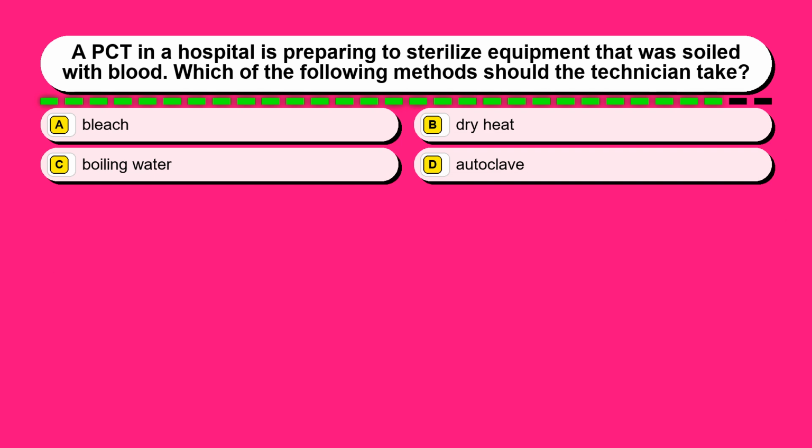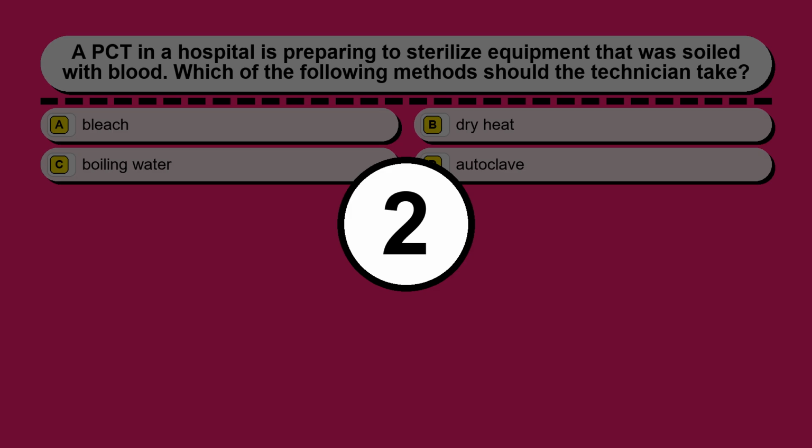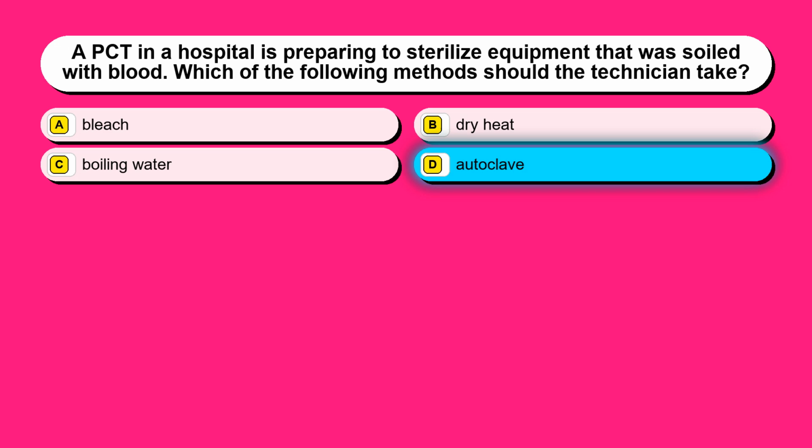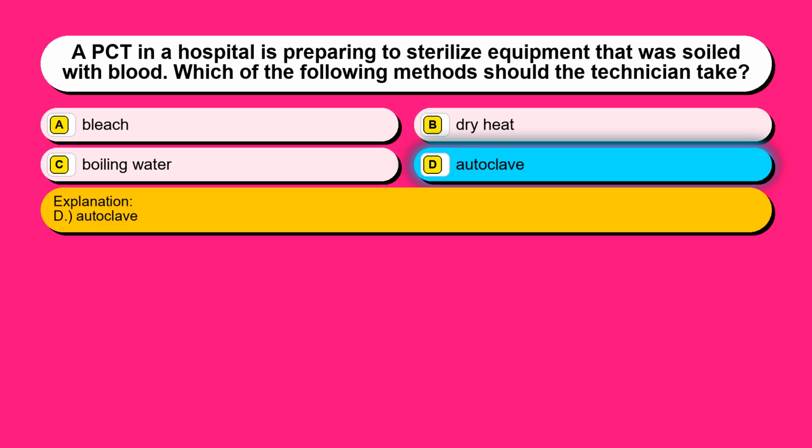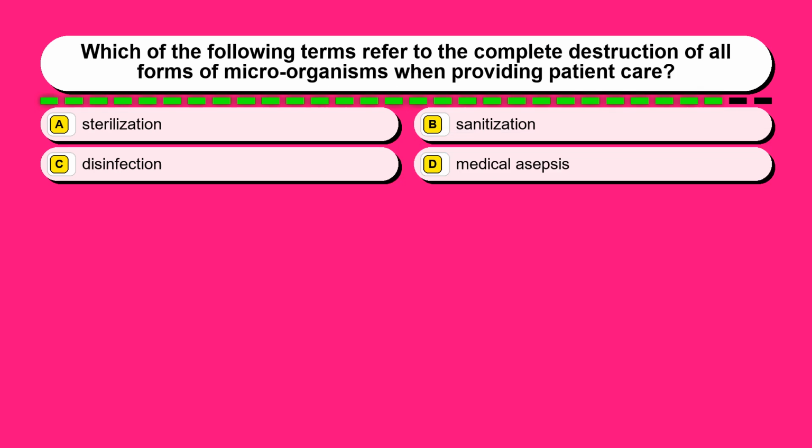Question 68. A PCT in a hospital is preparing to sterilize equipment that was soiled with blood. Which of the following methods should the technician take? Option A, bleach. Option B, dry heat. Option C, boiling water. Option D, autoclave. The correct answer is option D, autoclave. Question 69. Which of the following terms refer to the complete destruction of all forms of microorganisms when